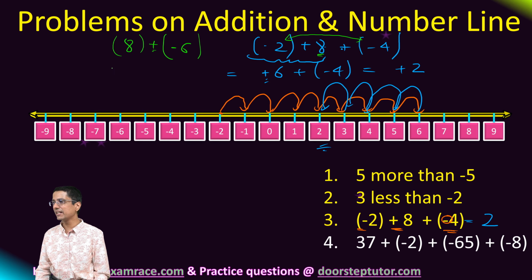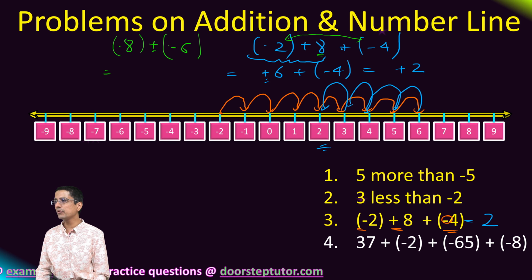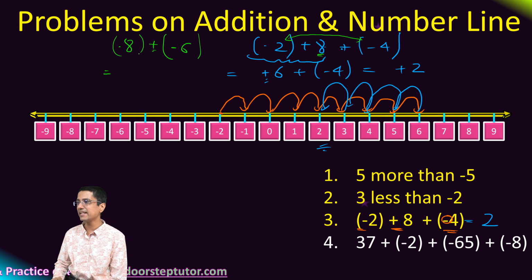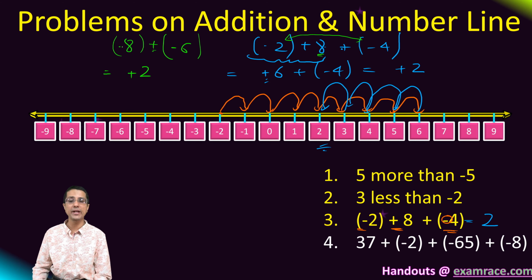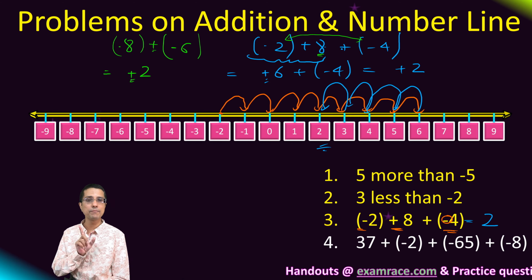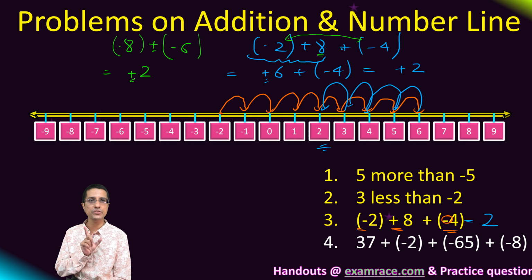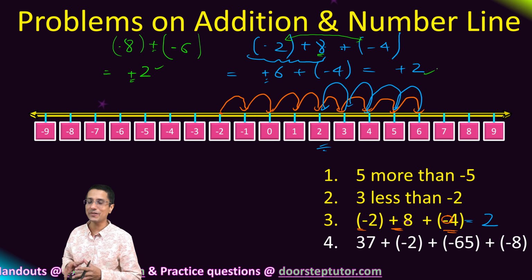But this addition, because it is happening between two numbers which are of different sign, we will first take their difference. So this will become 8 and -6. So this difference would be 2. And then we'll pick up the sign from the larger magnitude operand, which is 8 in this case. So the sign would be +2. So in each of these cases, you can see my answer does not change, which it should not, because I have done correct addition here.